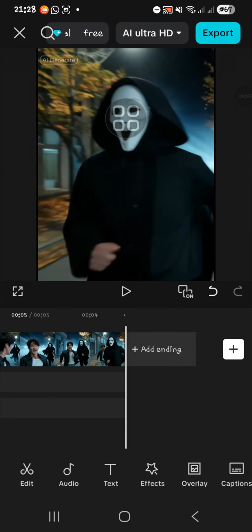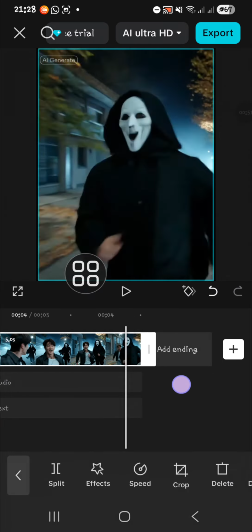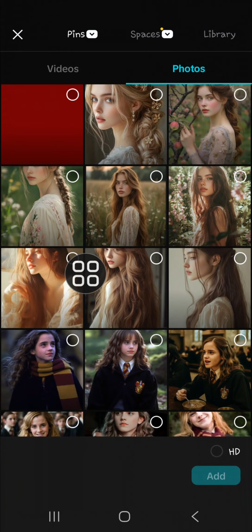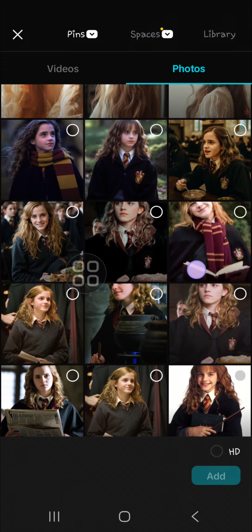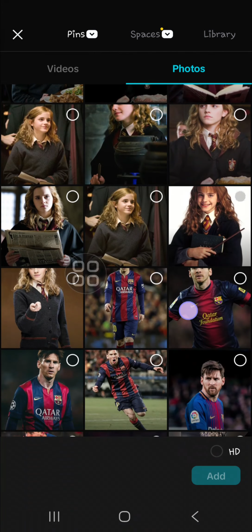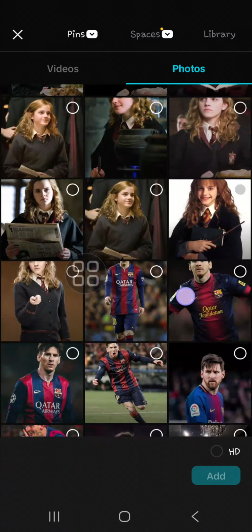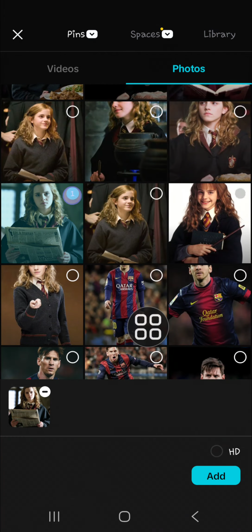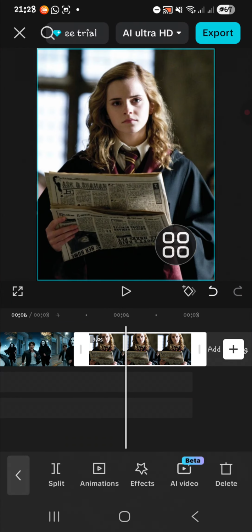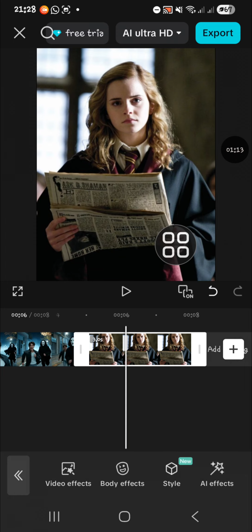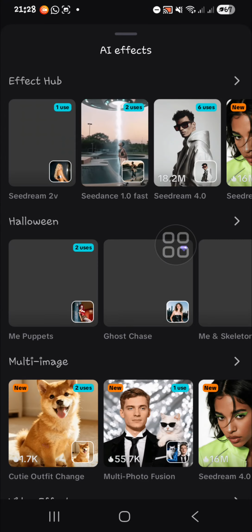You can only apply this effect to your photo, and your photo will be changed to an AI video. Okay, I'm going to click on this plus icon and choose one of my photos here. I'm going to choose this one, add this photo to my project, and then we can select the photo and select effect, and we can go to the AI effect right here, and then